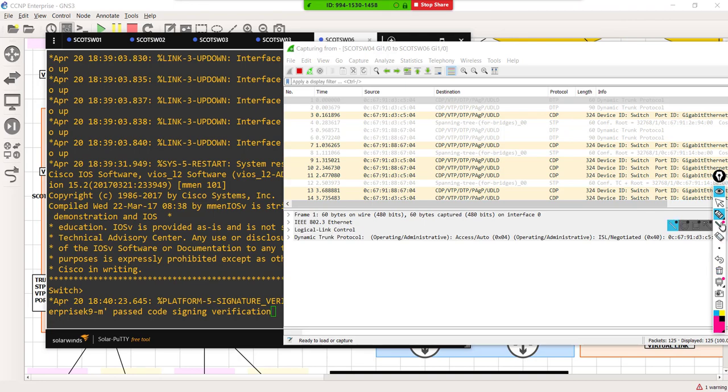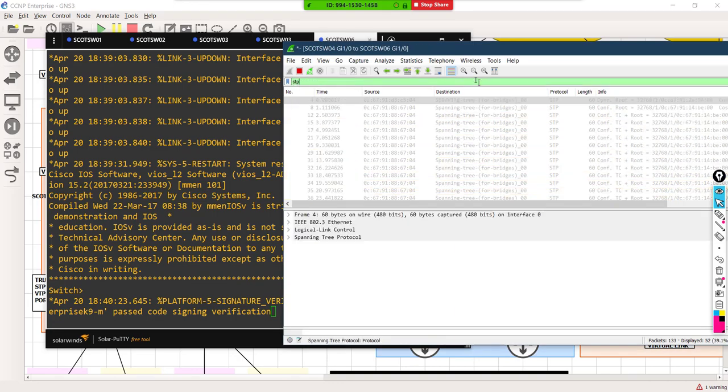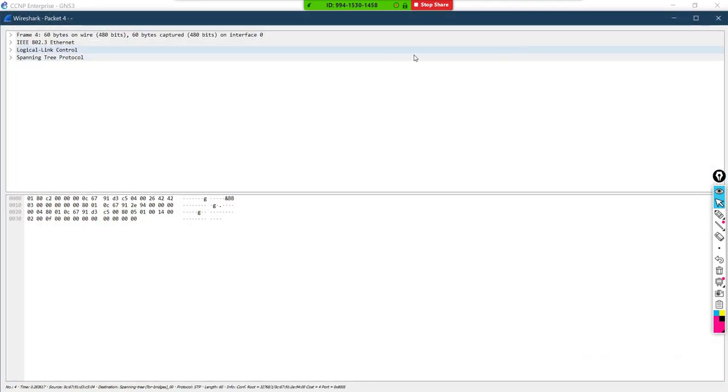So what I'm going to do is, instead of having these many protocols, I'll focus on only STP packets. So this is how I'm going to filter it out. Now I see only STP packets. If I just elaborate them, this is my